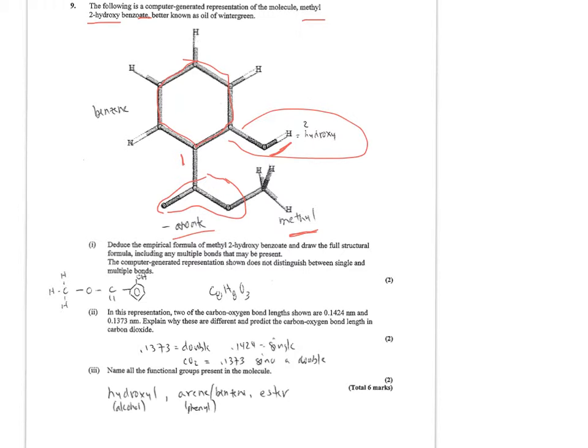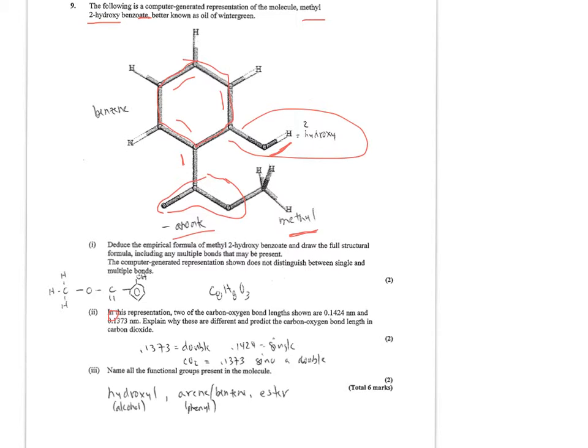So knowing that this is benzene, and there's only 1 hydrogen attached to each one, we can think of it as an alternating double bond, even though the 6 electrons are delocalized. So drawing the full structural formula would look something like I have here. The CH3, the methyl group, excuse me, the oxygen connecting to the carbon, and then a double bonded oxygen off the other side, which didn't show up on my picture here. And then that's connected to the benzene with a hydroxy group. And so the empirical formula would be